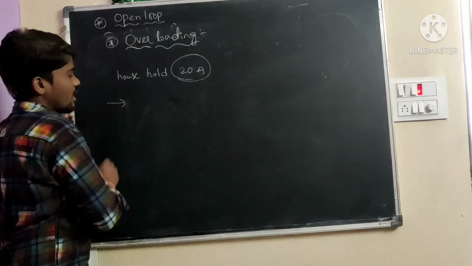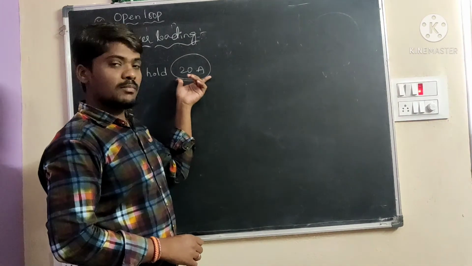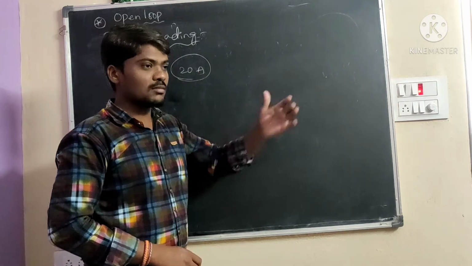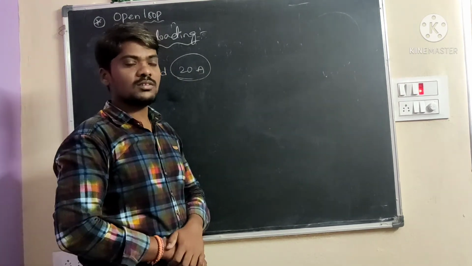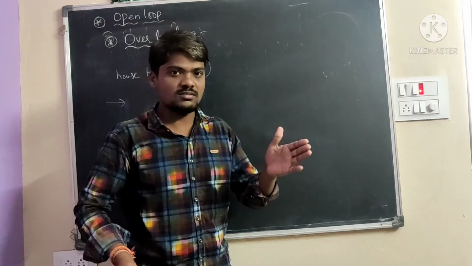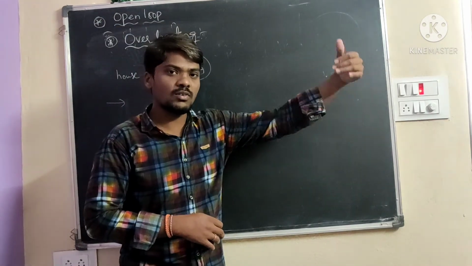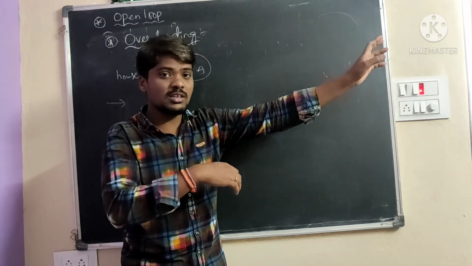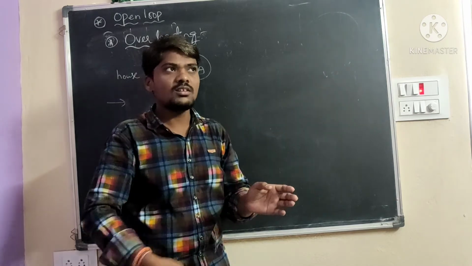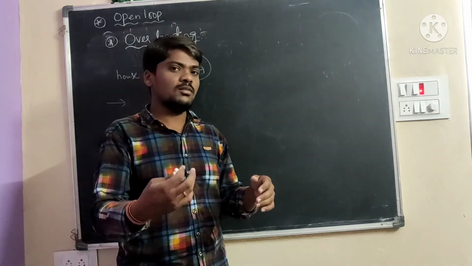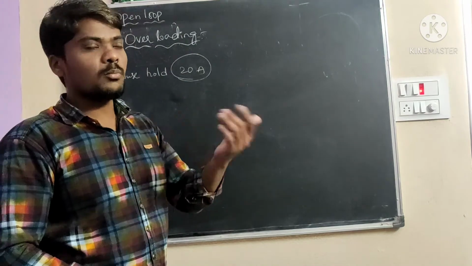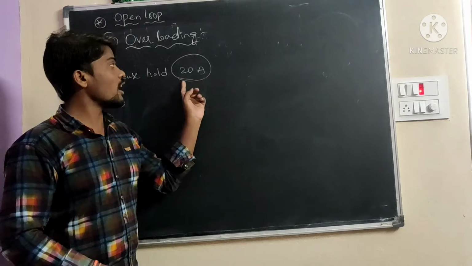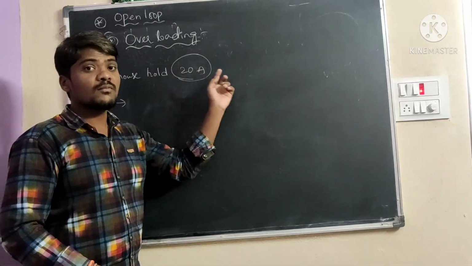For example, consider the maximum current from the fuse. Current passes through the fuse. Here is the main wire. Two wires come from the poles and are connected to the fuse. From the fuse, the current goes to the AC, TV, and different electrical components like bulb and fan. The 20 amperes will come from the fuse.